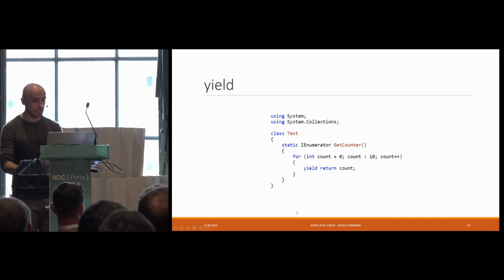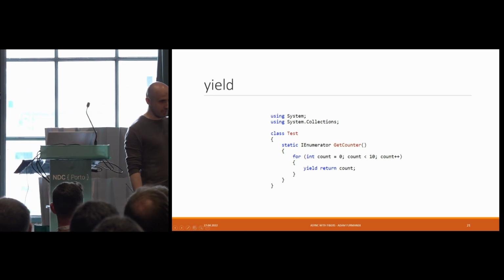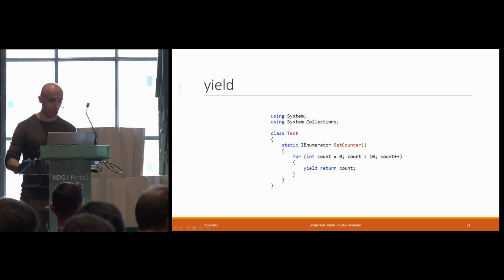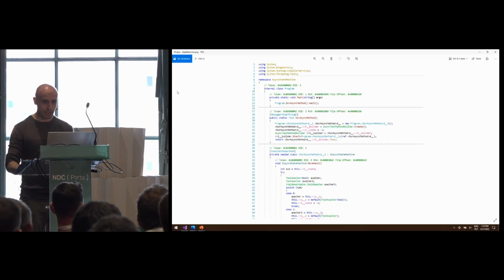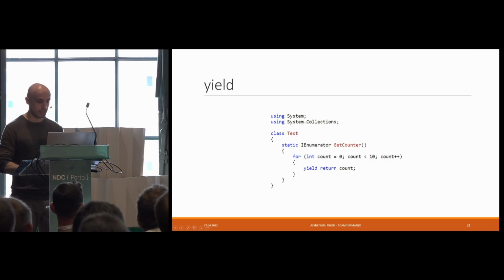You get the IEnumerator from here, you call moveNext, it tells you, hey, I do have another value, returns you true, then you go to current, get the value, then you call moveNext again, and so on. This is what is happening with the yield keyword. And interestingly enough, the same thing is happening with async and await, but we'll get to that in a sec.